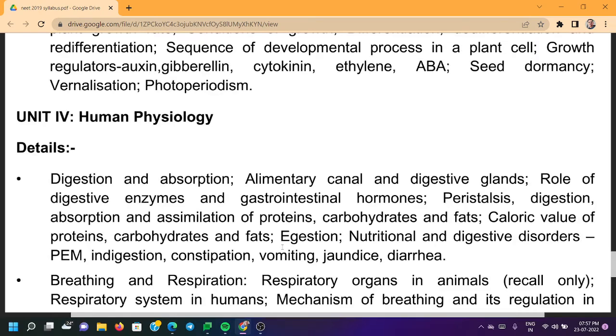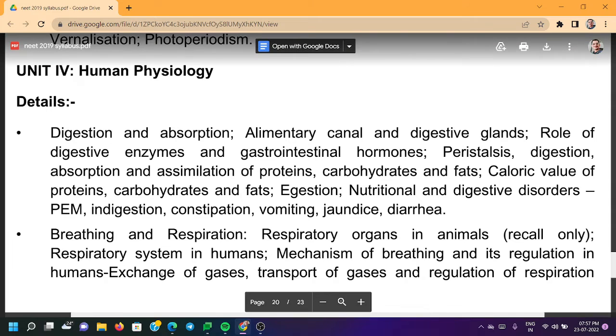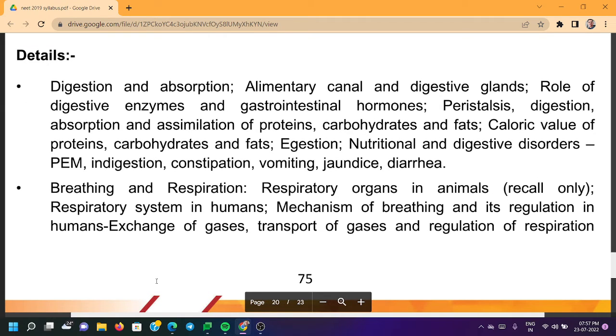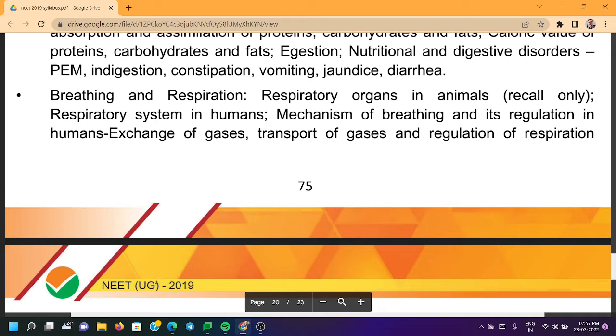photoperiodism. Class 11, Unit 4, Human Physiology. Digestion and absorption: alimentary canal and digestive glands, role of digestive enzymes and gastrointestinal hormones, peristalsis, digestion, absorption, and assimilation of proteins, carbohydrates, and fats, caloric value of proteins, carbohydrates, and fats, egestion, nutritional and digestive disorders: PEM, indigestion, constipation, vomiting, jaundice, diarrhea. Breathing and respiration: respiratory organs in animals, recall only, respiratory